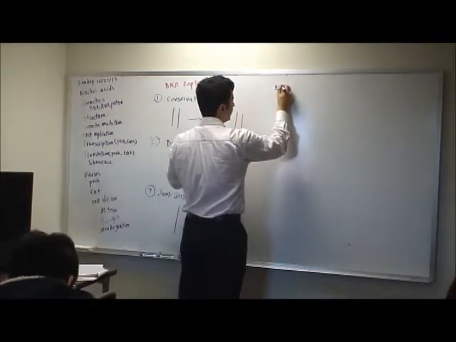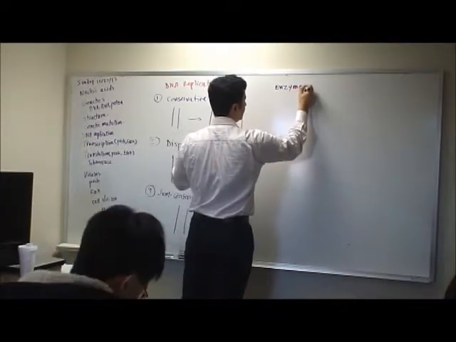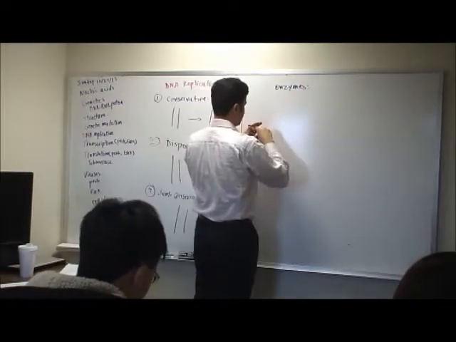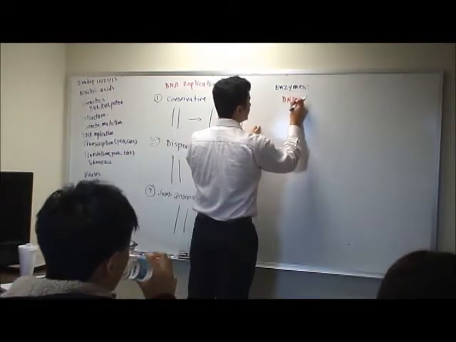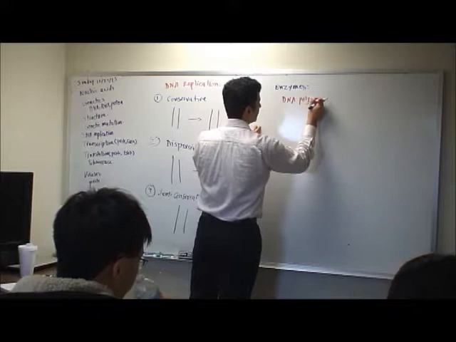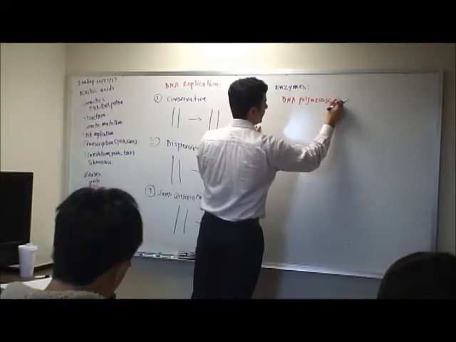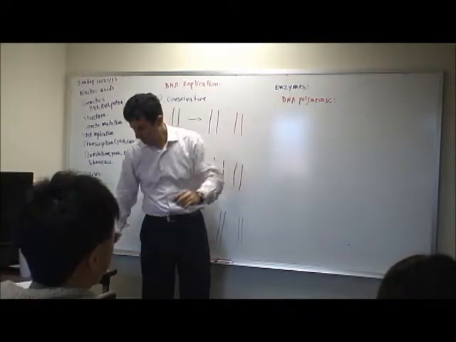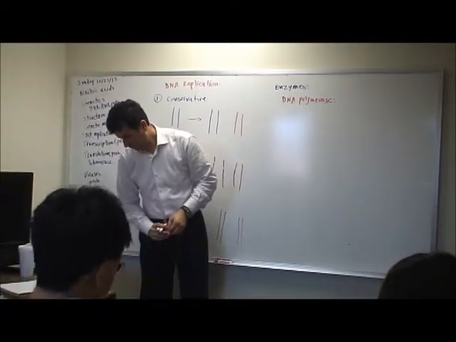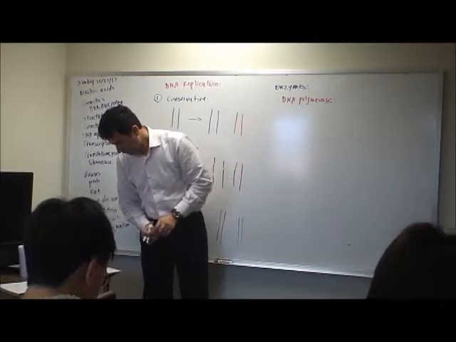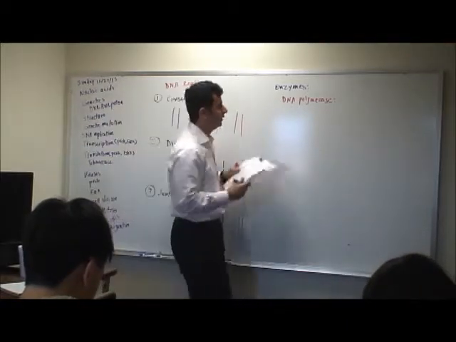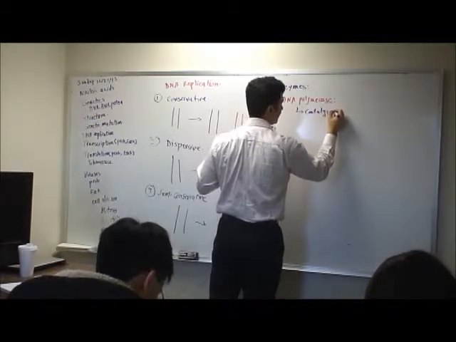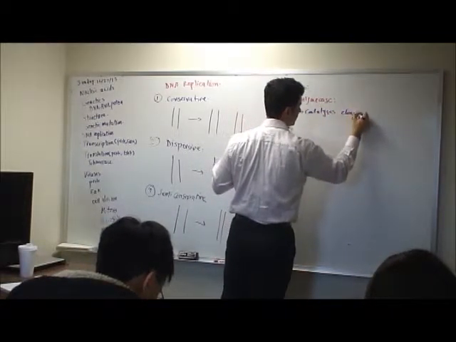All right, now let's go over the enzymes. What is the first enzyme that I need to know? The first one is called DNA polymerase. The name says it all. It's an enzyme that polymerizes DNA, meaning you make more DNA from one DNA. So the function is that it catalyzes elongation,